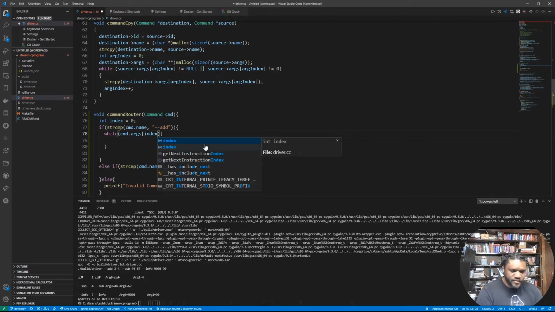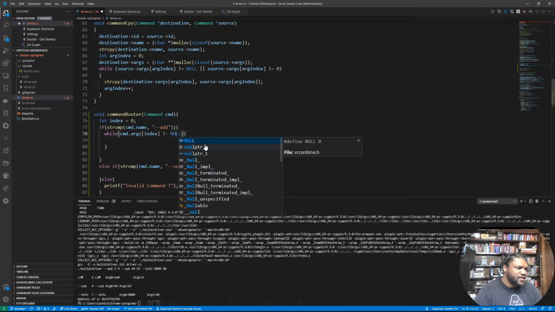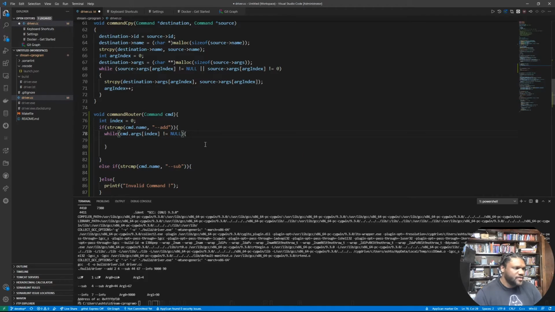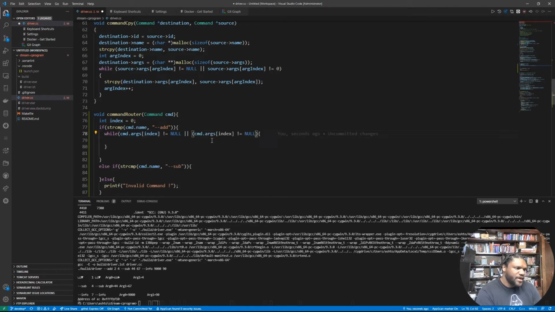Okay. And then what we're going to do is index is not equal to null. See if we can do a null out of that one. Not equal to null or 0. Or 0, which means the same thing in programming. So let's just take this, put it right here, do an or statement. Kind of want to be thorough. Okay. What we're going to do is we're going to take